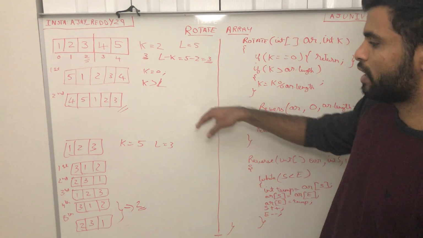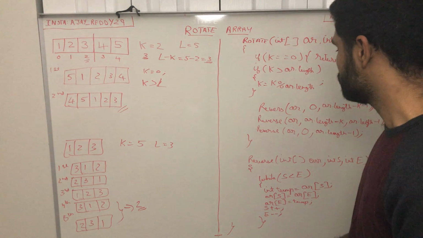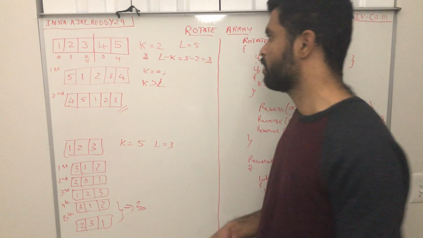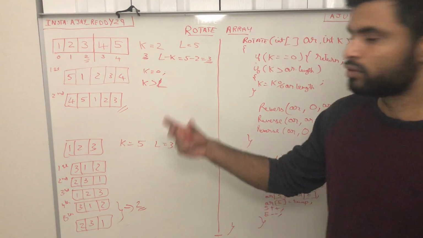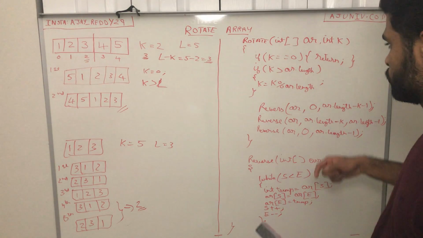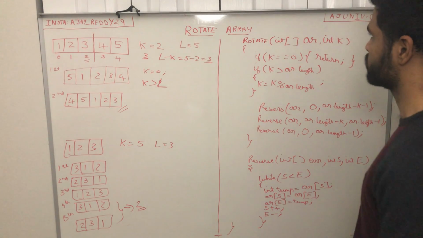So this will solve my second scenario. These are the 2 scenarios where you can optimize for this problem: one is when k is 0 and the other is when k is greater than the length of the array. So this is the solution for this problem, and let's see the time complexity and the space complexity for this